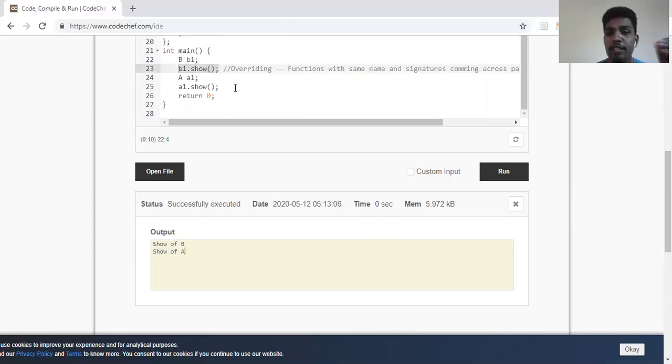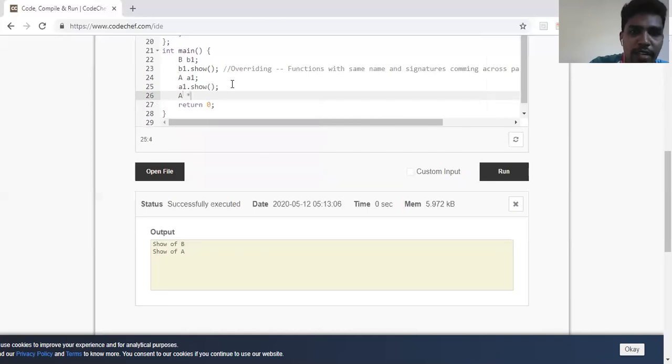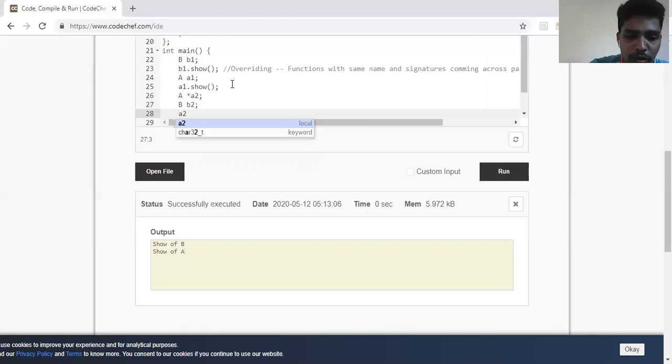All these kinds of polymorphism we have seen are called compile time polymorphism. That means while writing the code, I know what output will come and which function will be called. Now see a special case. I'll have a pointer to an object of A, that is A2, and I'll create an object of B, that is B2. And I'll make A2 reference B2.